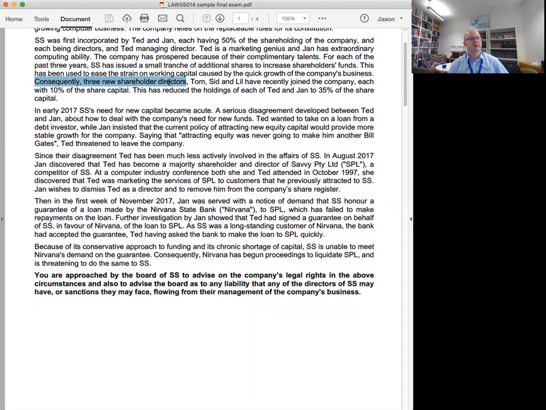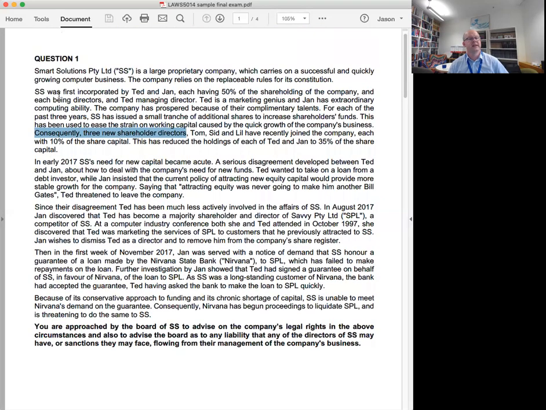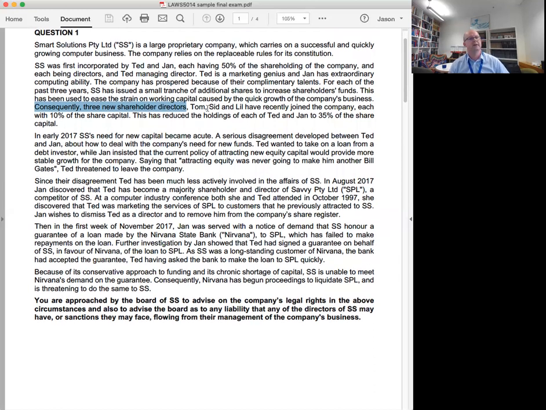In this case, there's just 3 new shareholders, Tom, Sid and Lil. Each of them has 10%. Anytime you get a percentage, then you need to be focused on that. So what does it mean to have 10%? Think about the sort of rights that members have if they have 10% of the votes compared to if they only have 5% or less than 5% in particular. So the ability to convene a meeting, to propose a resolution, to request that information be distributed to members,